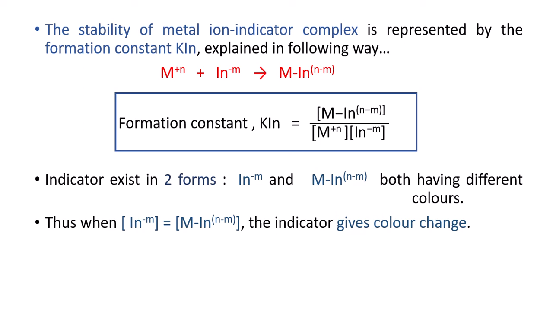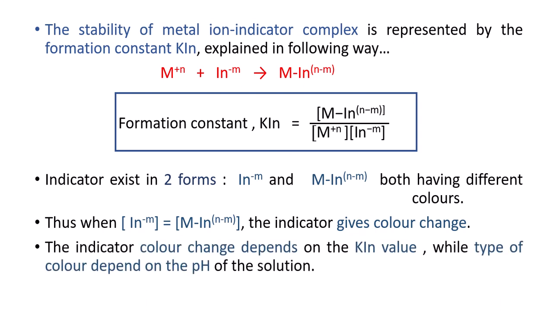So the concentration of both becomes equal and it gives the change in the color, because initially it has the color of the metal indicator. When it is completely replaced, or we say it completely forms a complex with EDTA, the indicator is in free form. So how much amount of the indicator has formed a complex with metal, that much concentration will be formed in the free indicator form. When that concentration becomes equal, the end point is obtained where we get the change in the color.